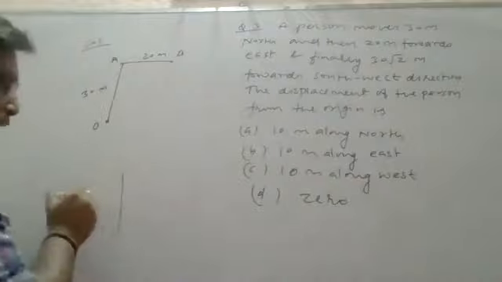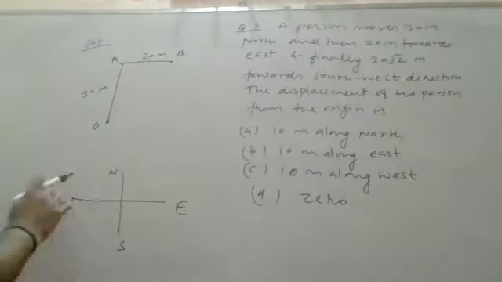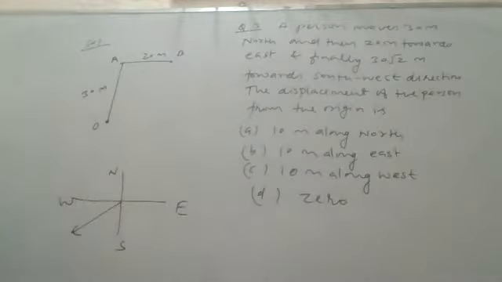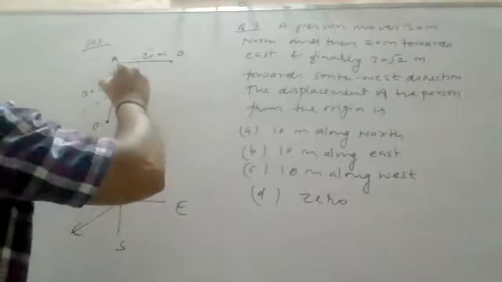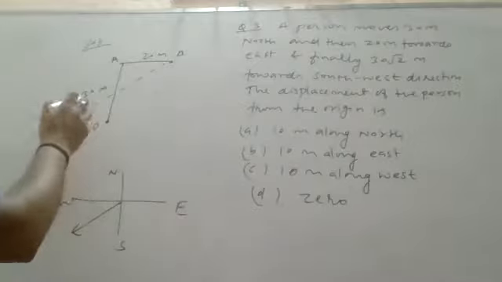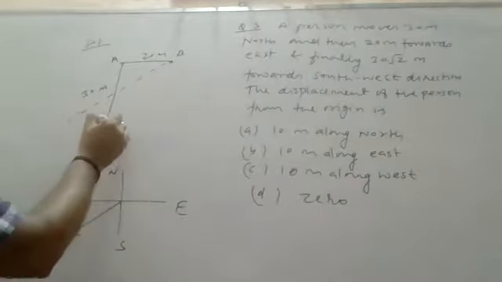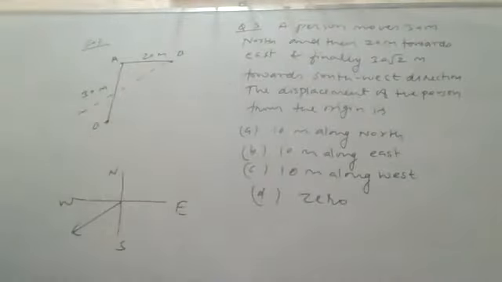Now see, according to the sketch, it is east, west, north and south. So what is the southwest? This direction is southwest. That means the person will start to move from this point. Now, the person is going to reach either the O point, or this side of the O point, or this side of O point. There are three different possibilities.